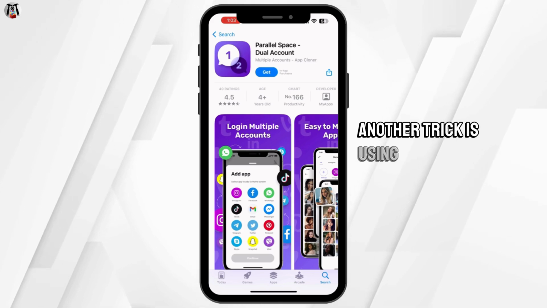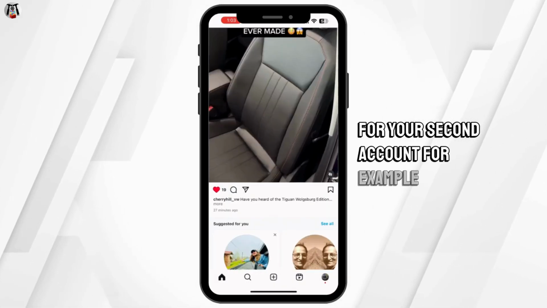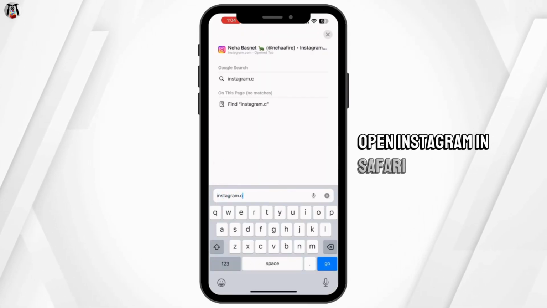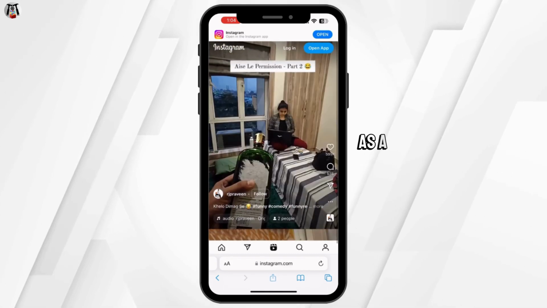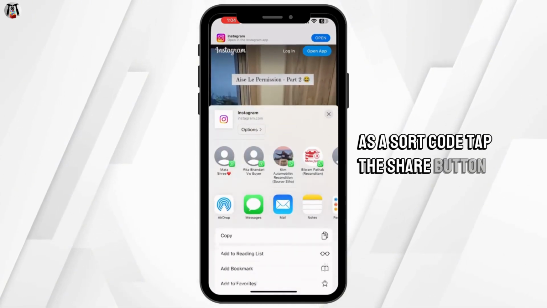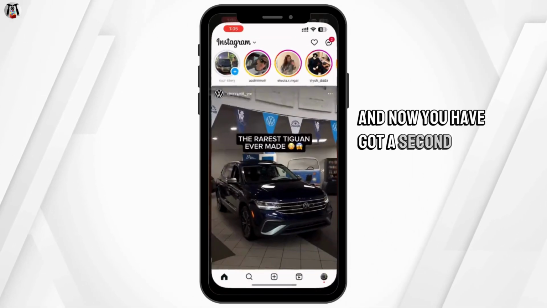Another trick is using the web version of an app for your second account. For example, open Instagram in Safari, log into your second account, and add it to your home screen as a shortcut. Tap the share button, then select add to home screen,